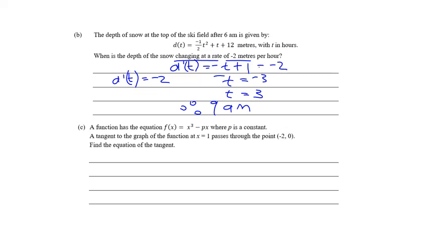That one there again. Here's your merit. There is your achievement. Differentiate and make it equal to -2. There is your achievement. Okay. So